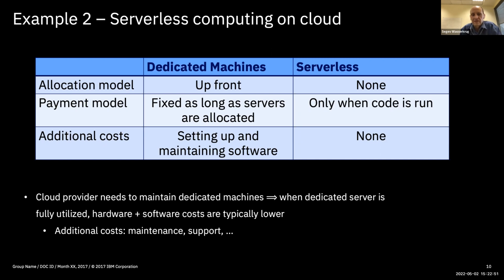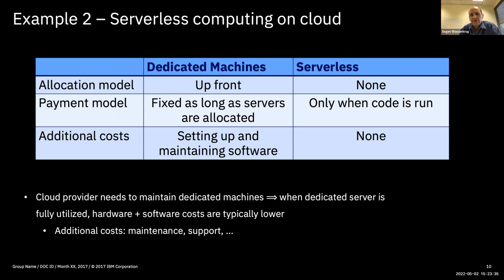There's a different model which is becoming more and more common, which is serverless. I don't dedicate a machine. I want to write some function, some code, and put it on the provider's machine. And whenever I run the code, only then do I pay for it. Now, of course, if I have enough code running that the machine is constantly being used by my code, it'll be much more expensive for me. But typically, that's not what happens. So I only pay when the code is run.